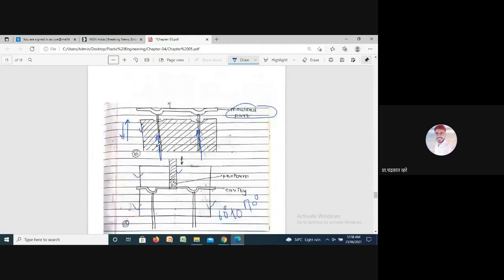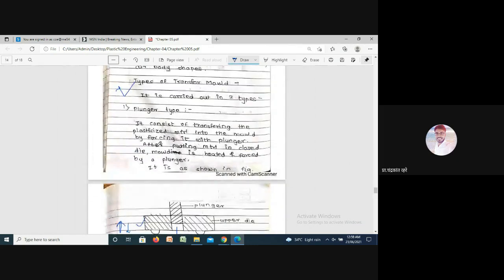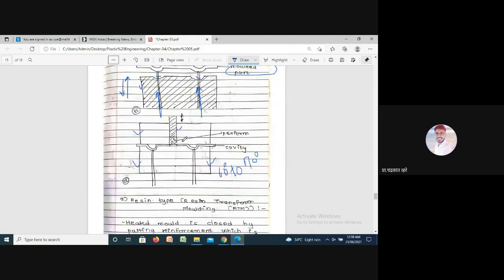Before going to this point, I will discuss some of this data. It consists of transferring the plasticity. Whatever we have discussed, all things are here, so no need to read these words. I have already told you in simple language what a plunger type is. If you want, you can read it additionally. Next is the resin type.